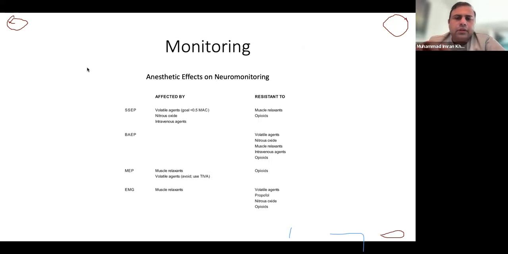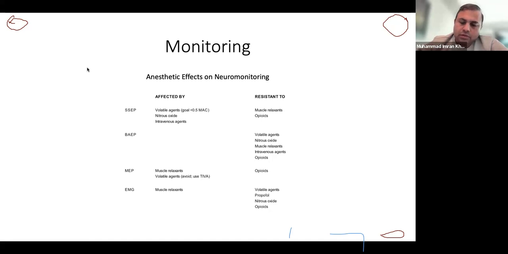Then this is a graph that I picked from one of the books, which, in a very concise manner, is telling you what neuromonitoring is affected by and what it is resistant to. So as you can see in this graph, your brain auditory evoked potential is resistant to volatile agents. However, as you saw in the previous graph, brain auditory evoked potential is only used in